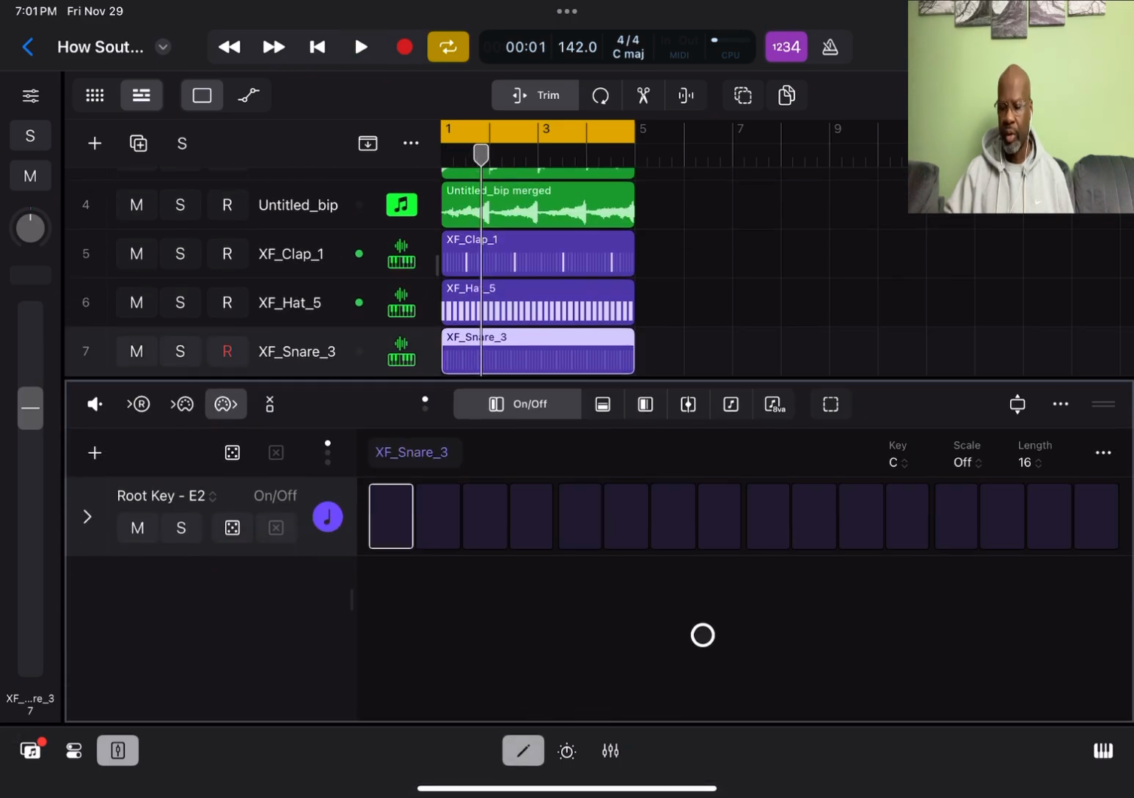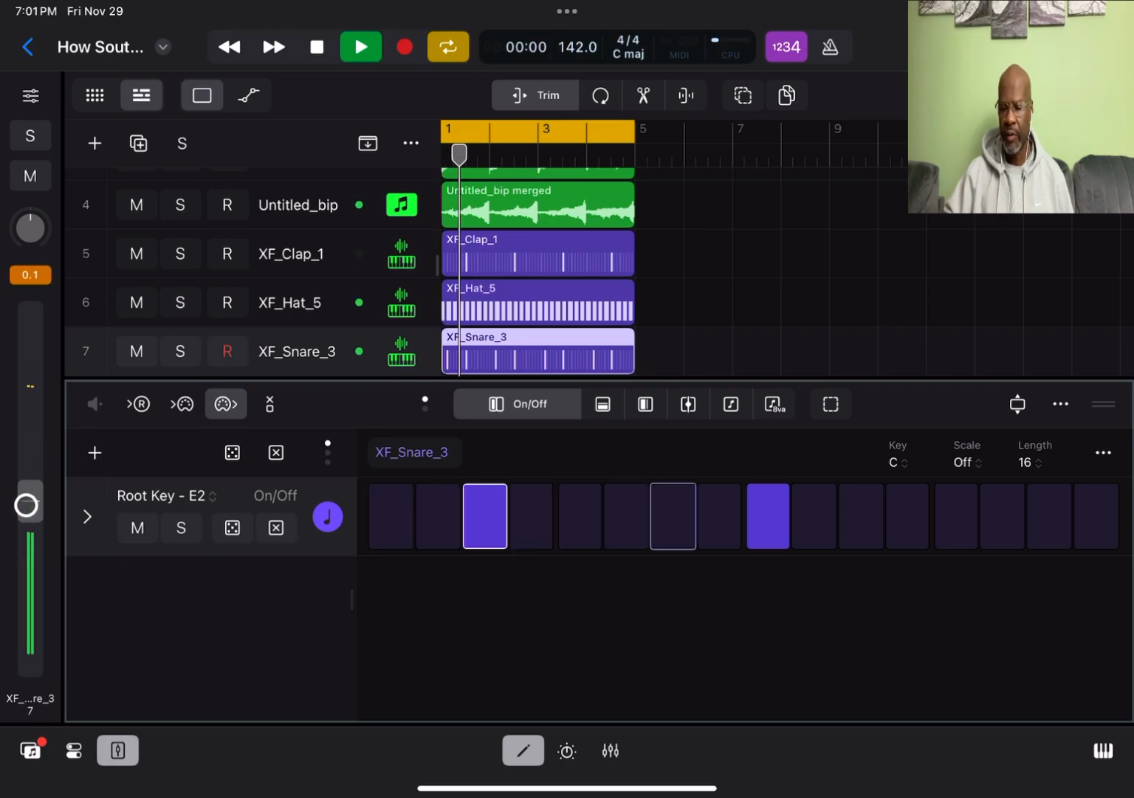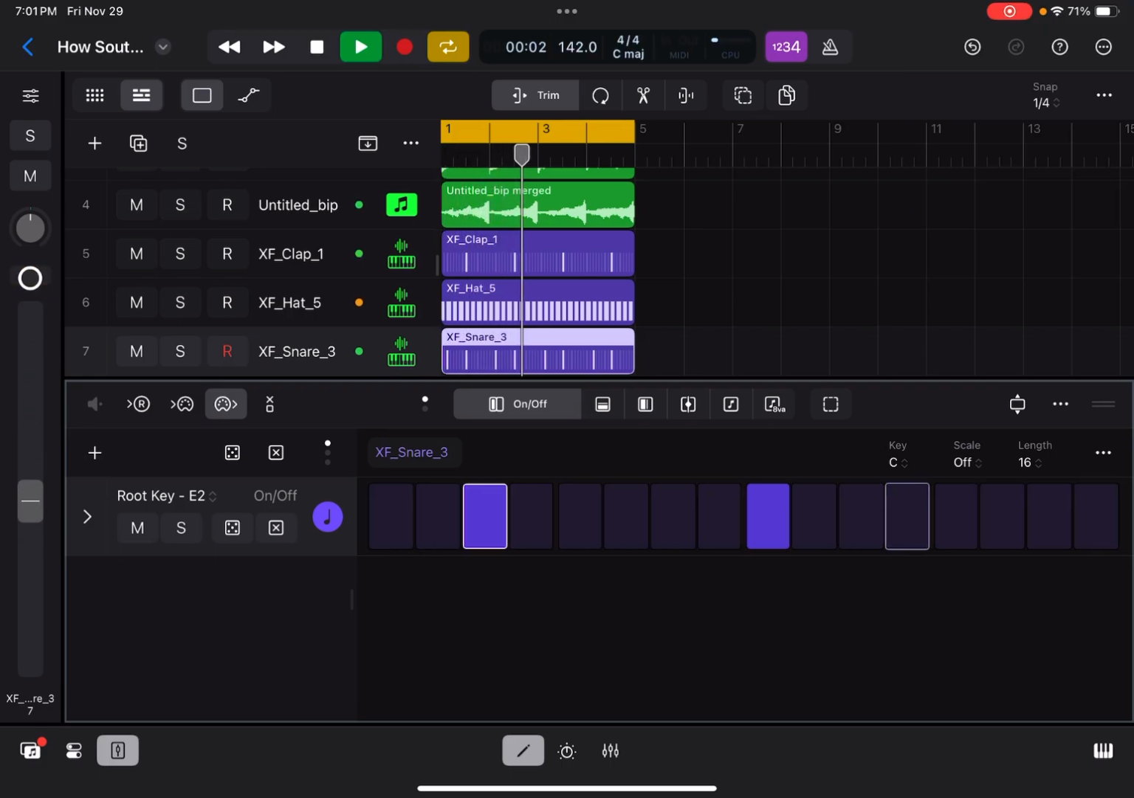Go to the editor. And this time we're gonna put our snare right here. And we're gonna put one over here. Ooh, turn that way down, it's hot. And then we're gonna go to where it says length. And we can change this length to